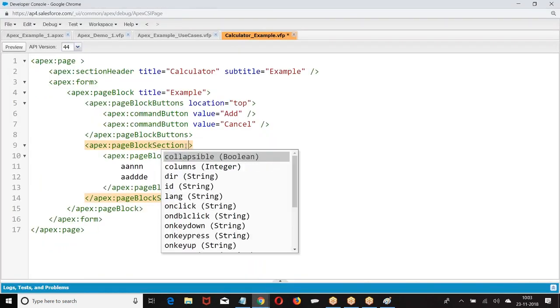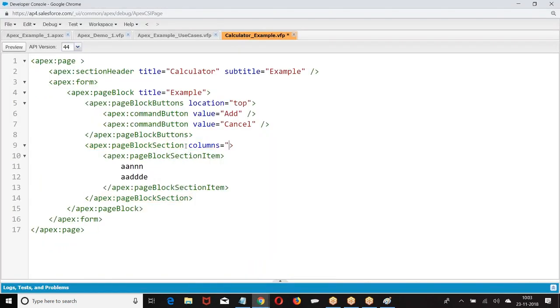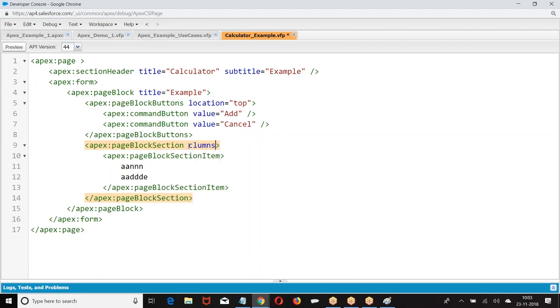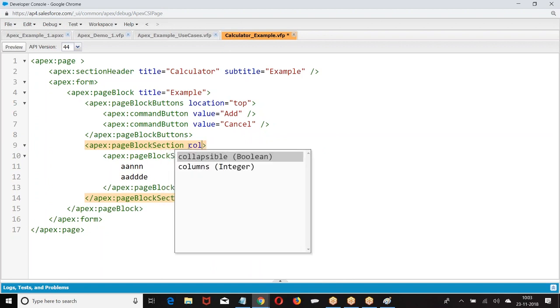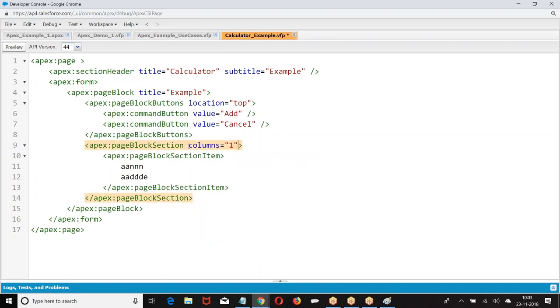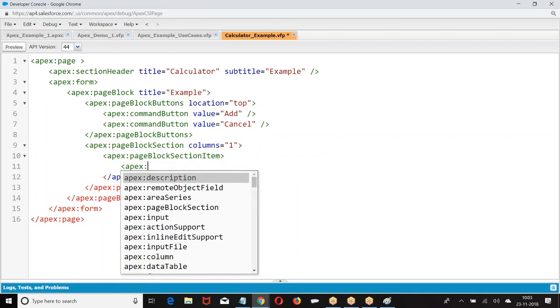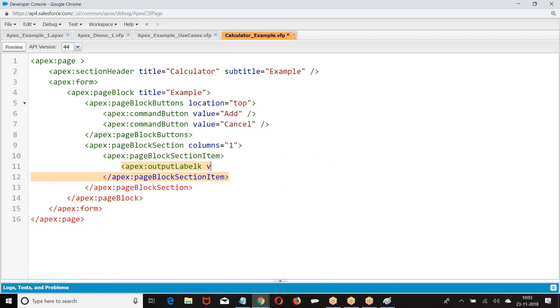If you don't mention number of columns, you have to mention 1 or 2. If I don't mention, by default it will take 2 columns. Now as per our requirement, what do I need? Value equal to.